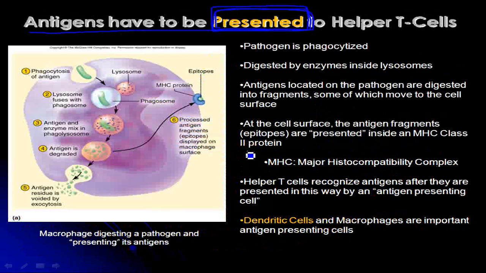Okay? But before that happens, that helper T cell has to have seen that same antigen separately, independently. And again, as I mentioned, that's a safeguard. You want the helper T cell to have seen the antigen independently of the B cell. Okay? And if that happens, if both a helper T cell and a B cell have seen the same antigen,